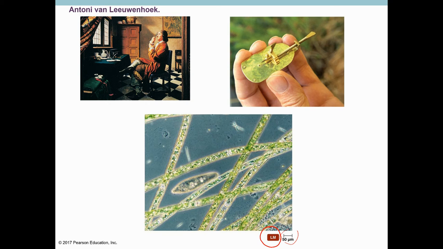It's also the one that students typically have access to. And then 50 micrometers is the scale. You can see that a length of about this much is 50 micrometers, so you can get a sense of how big this object is. This paramecium is probably about 250 micrometers. We use this Greek letter mu to represent micro in the metric system, and the M stands for meters. When you have that scale, you have a sense of how magnified the item is, and you can estimate the size of it.